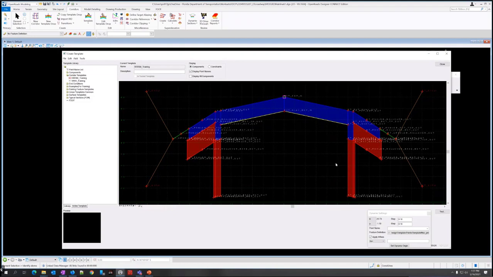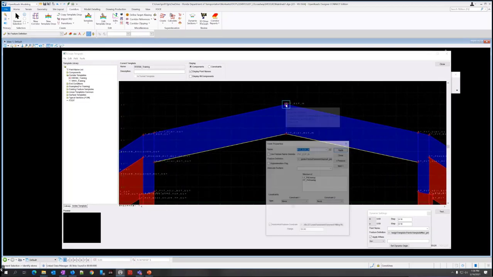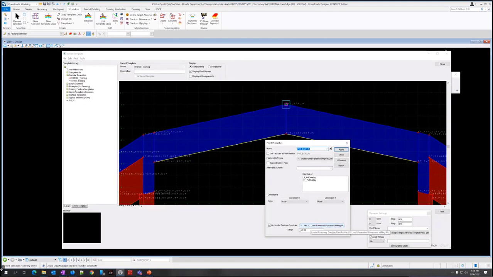So I applied that change. I'm going to close it out, and we can move on to step 6. This middle point, the PVT EOP in. Let's double click on this. I'm going to turn off this horizontal feature constraint and click apply. The horizontal feature constraint will actually look for a feature definition in your 2D file within the range that's defined here.